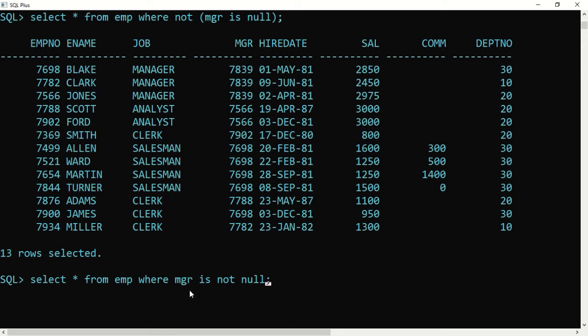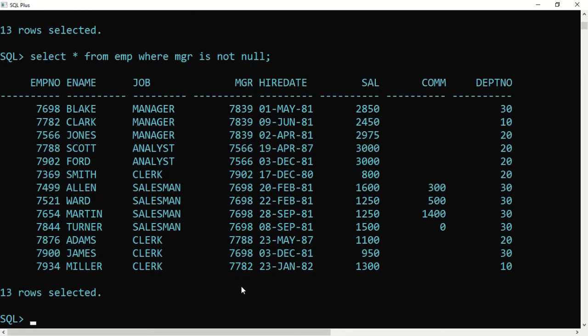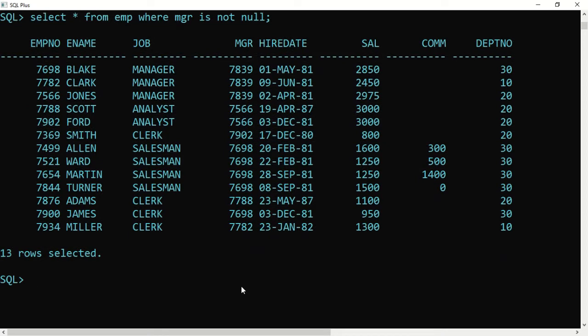Instead of putting the bracket and the entire thing, I just said not null here itself. Same thing, but sometimes it becomes difficult to understand where to put not null and where to use not in different conditions. So the better idea is that you remember is null, and you negate the condition by using not, putting the entire condition in a bracket.